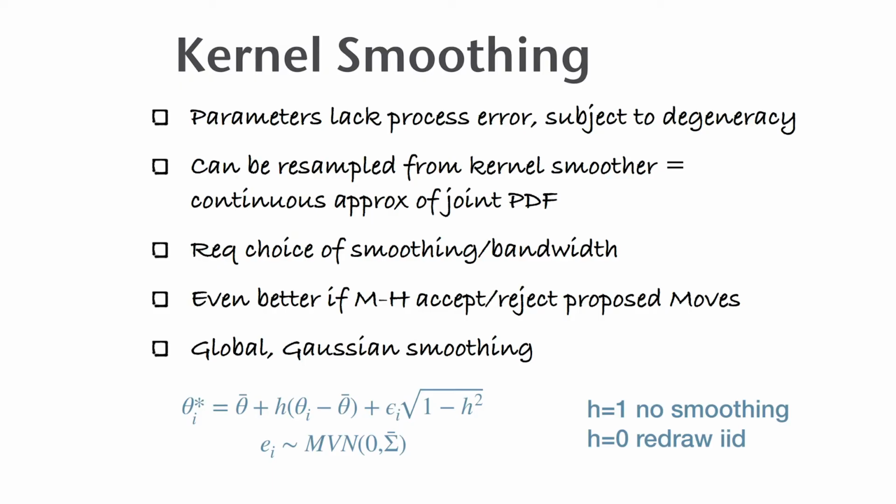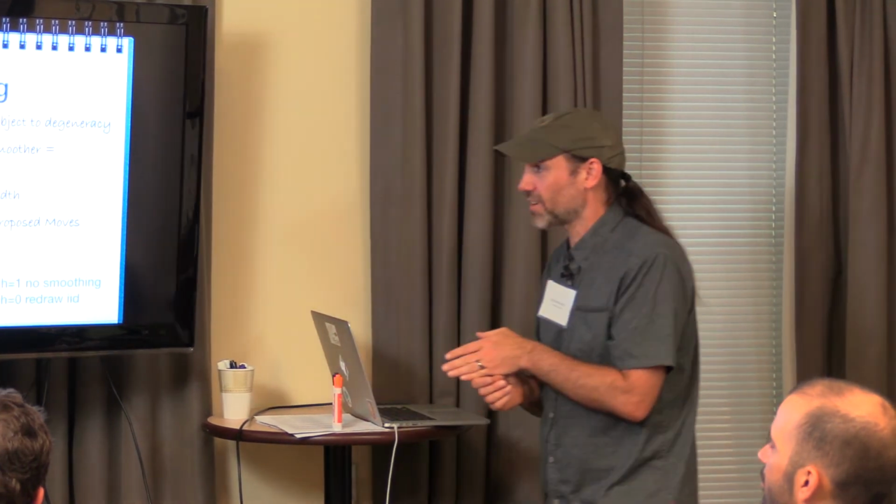When I resample a parameter and I run my model forward, the parameter that comes out of the model isn't different than the parameter I put in the model. So because parameters lack process error, they can be subject to that degeneracy that we can avoid by resampling for the process state. So there's a couple ways that are out there to try to deal with this,